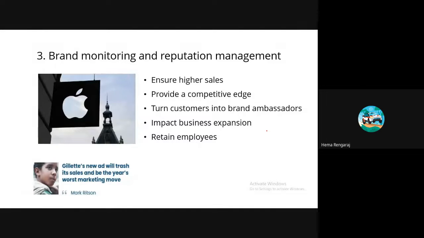So you can monitor your progress by using sentiment analysis. We all know what sentiment analysis is, right? Whether it's monitoring news stories, blogs, and forums for information about your brand, you can transform this data into useful statistics by using sentiment analysis tools. So what does it lead to when we are doing brand monitoring and reputation management using sentiment analysis? What are the takeaways?